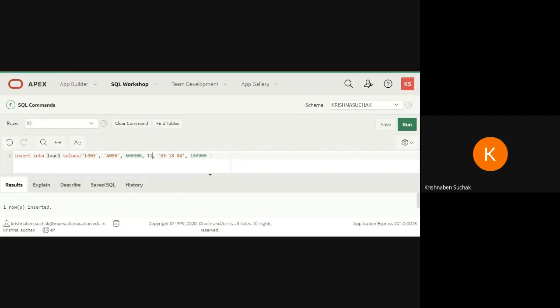So June I will write here as 6, then 15, and remaining is 3 lakh. Then I will go for run. Again, one row is inserted. So in total I have inserted three values, which are given in my practical 2. Then let us check once how our table is created.